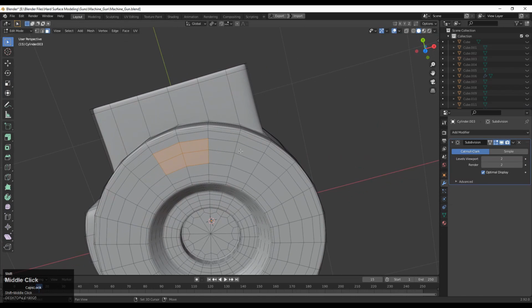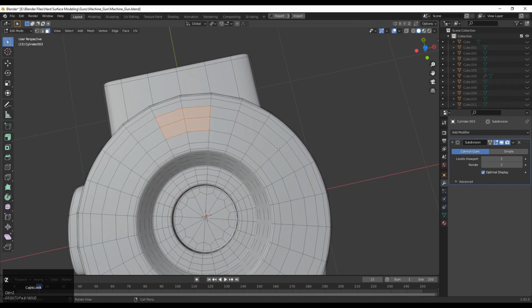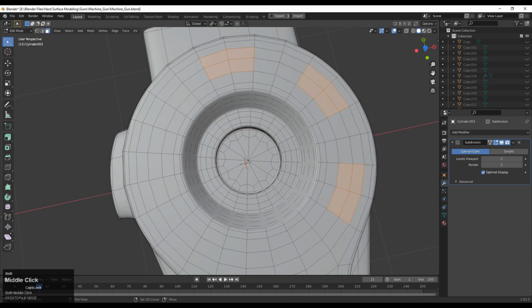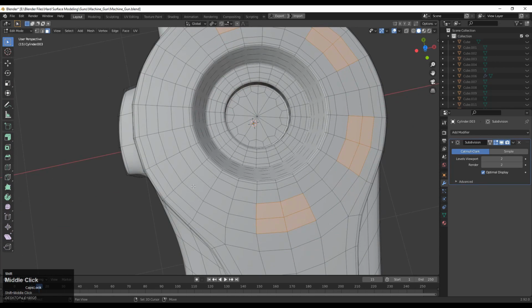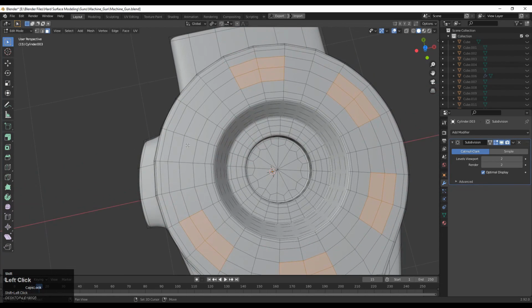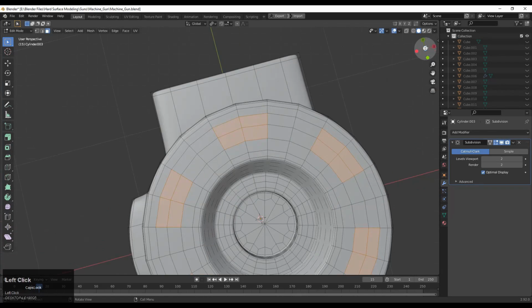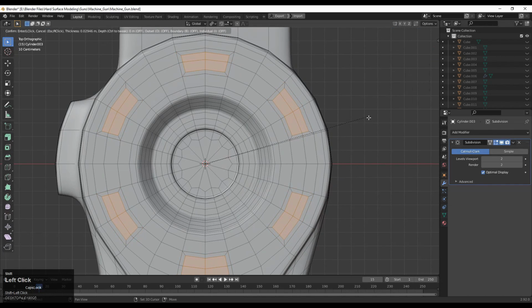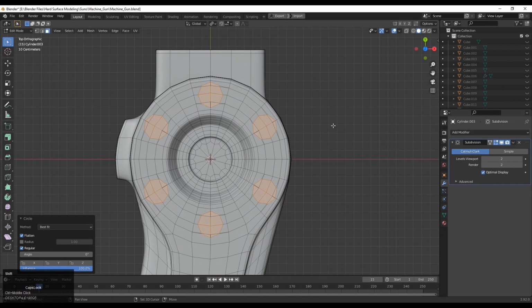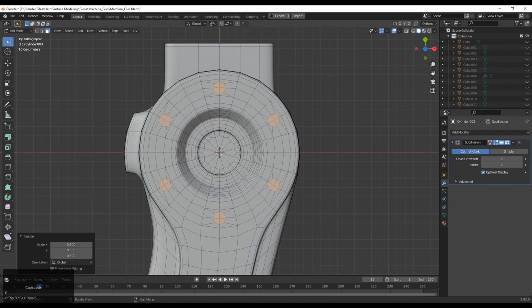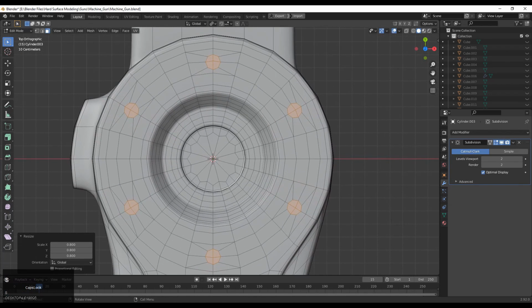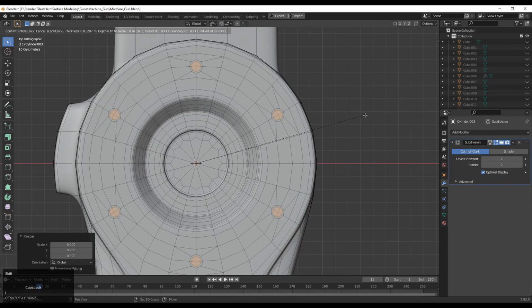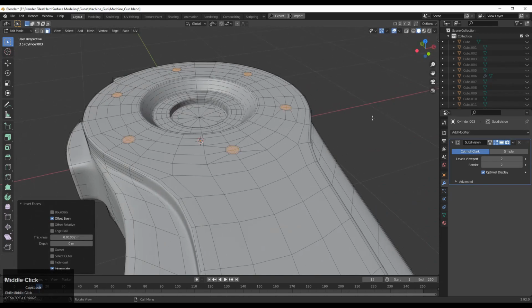Now I need to add a little bit of booleans here, so that's why I select these faces, select 4 faces like this alternately. And with the loop tool we will create that design. After selecting these faces, don't worry about the backside, we will take the symmetry. Just after selecting these faces, you can press I for the insert operation and then use the loop tool to make a circle and then scale it down, because our origin is at individual origins, it's working there.